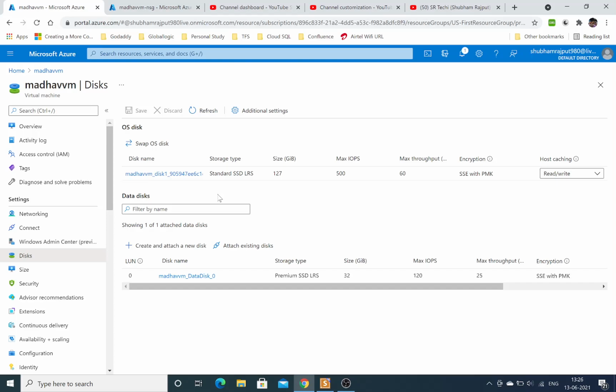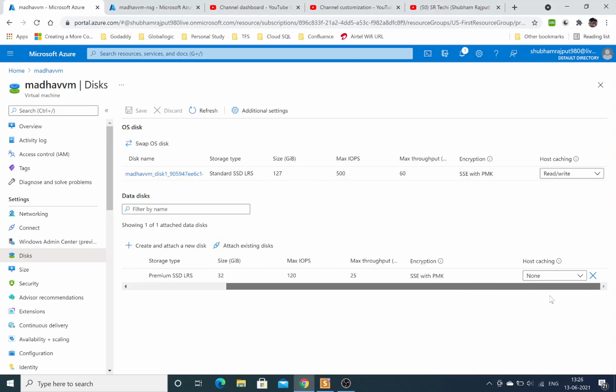A situation may arise that your C drive or your Windows will crash, so all data on your C drive will vanish. So it is recommended that you keep your sensitive data on another data disk, which can be shared. I have already shown you the option for sharing. Host caching, read only and write only options are also available.